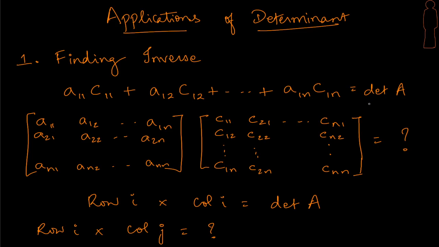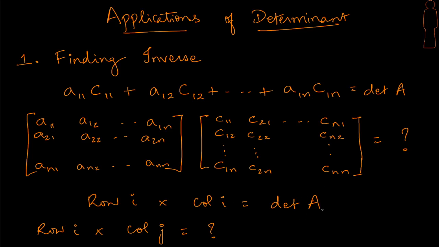Now we also said in the previous session that it's not necessary that we find the determinant only using the first row, we could also do it using any ith row, right? So if we look at the second row here and the way I put the second column here, when I have A21, A22 up to A2n, I put the corresponding cofactors C21, C22 up to C2n, which means second row into second column will also give me the determinant of A. Fantastic. Similarly, I look at the nth row and the nth column. It will also give me the determinant of A. So this is the fact that we have: row i dot product with column i will definitely give me the determinant of that matrix A.